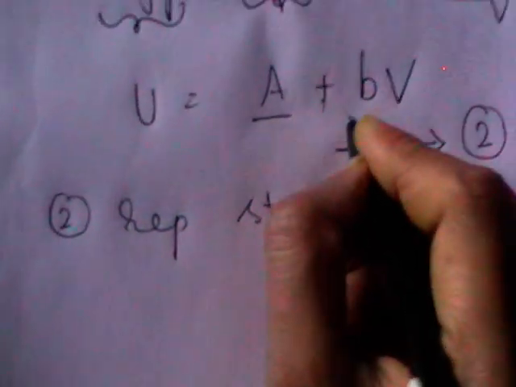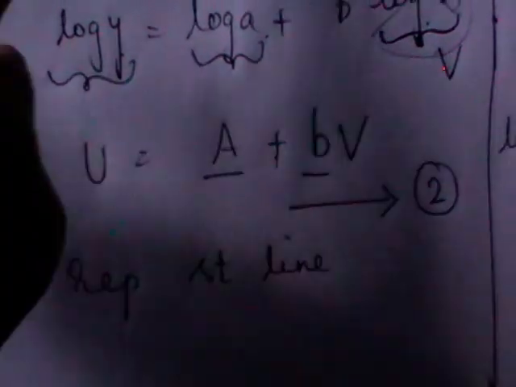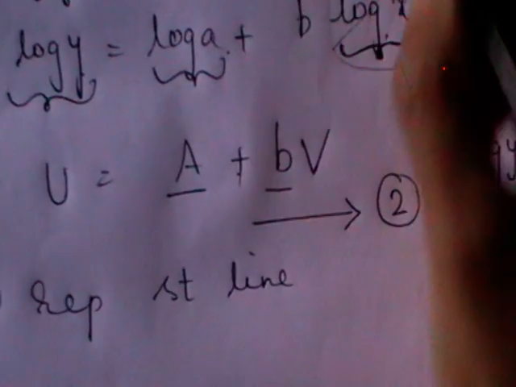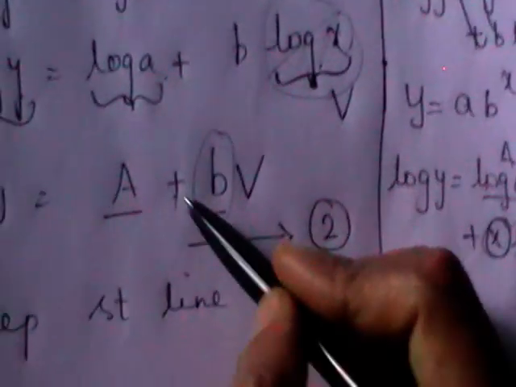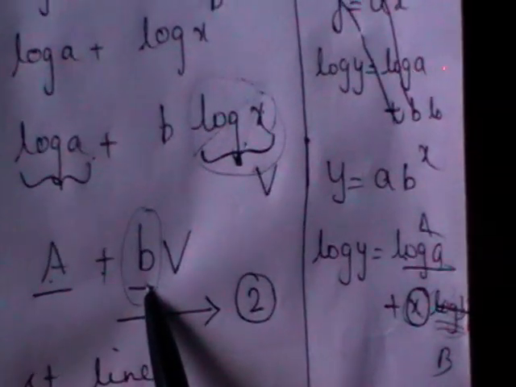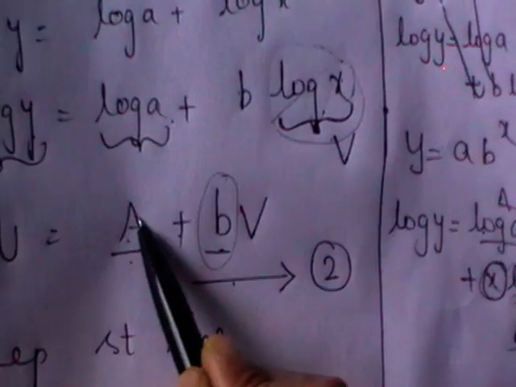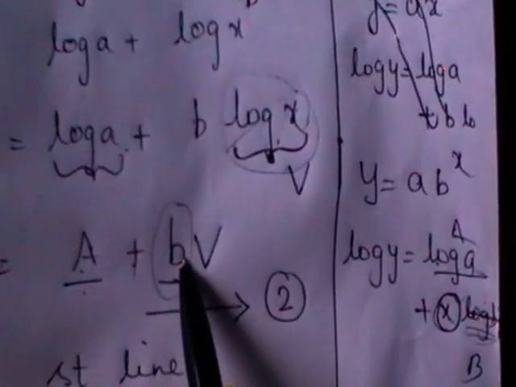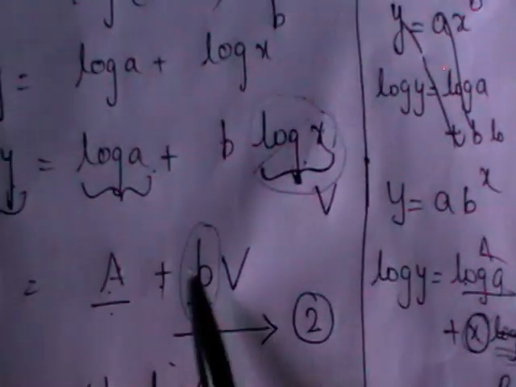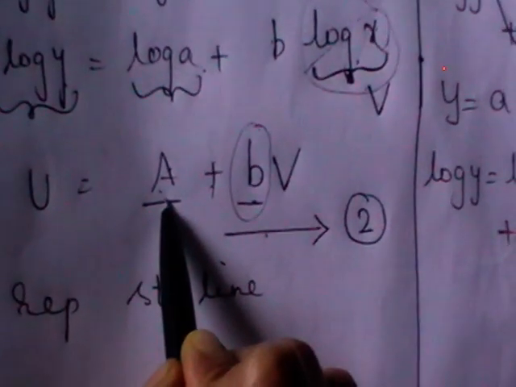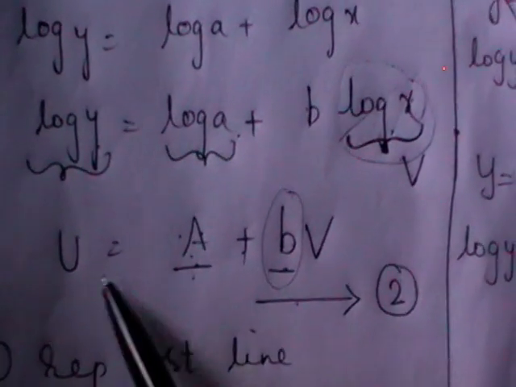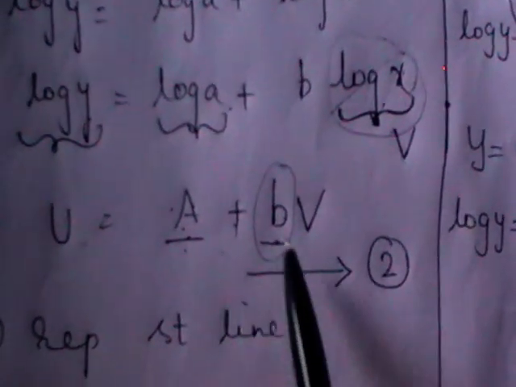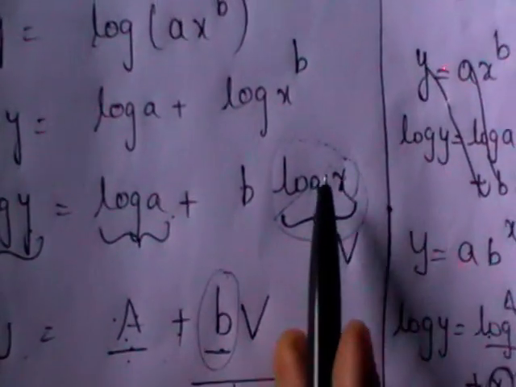So what are the two constants here? A, b. It means you need to find A and b. Here there is no need to calculate by solving the normal equations separately. You will get one normal equation with respect to A, one with respect to b. By solving those two, you will get the capital A value and the small b value. So one of the values is directly calculated. Only capital A you need to change. Got it? By taking logarithms, I converted that into linear form u is equal to A plus bv, where v is nothing but log x.